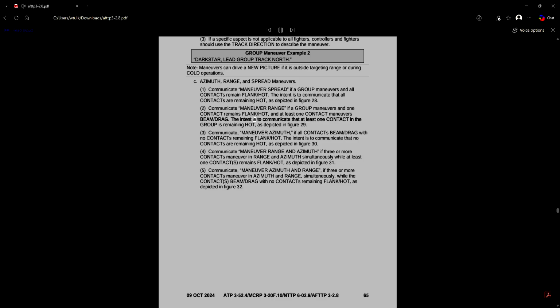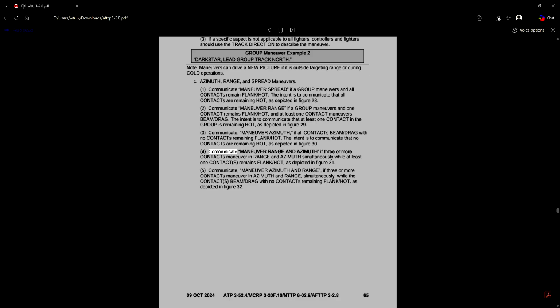The intent is to communicate that at least one contact in the group is remaining hot, as depicted in Figure 29. 3. Communicate maneuver azimuth if all contacts beam/drag with no contacts remaining flank/hot. The intent is to communicate that no contacts are remaining hot, as depicted in Figure 30.